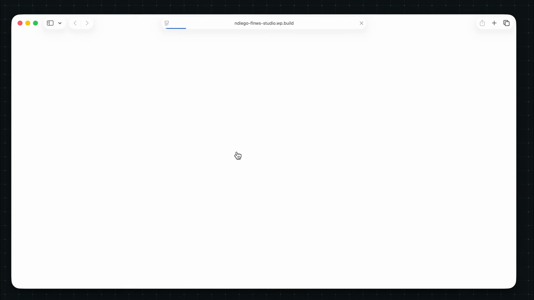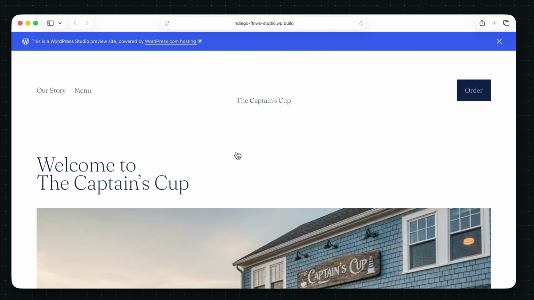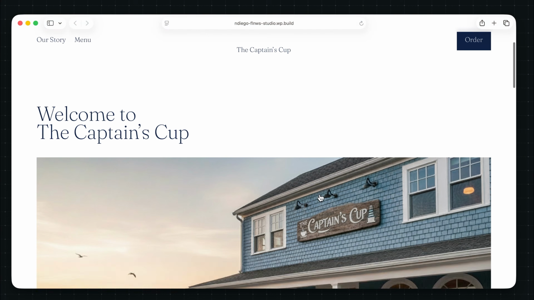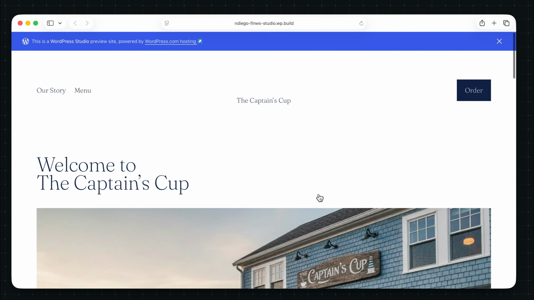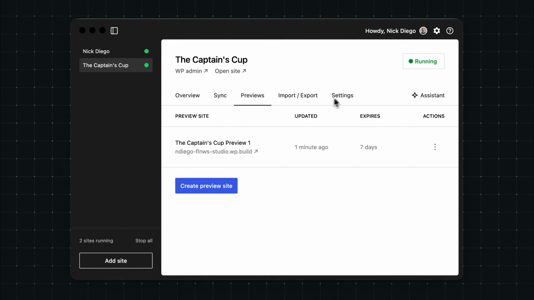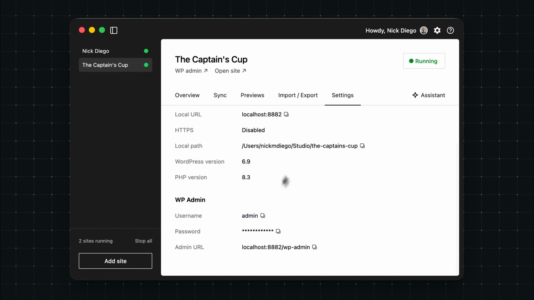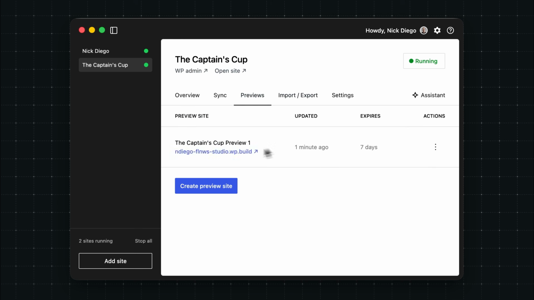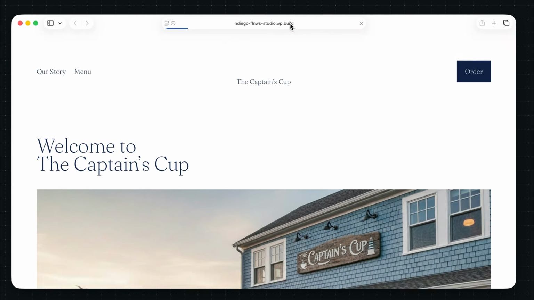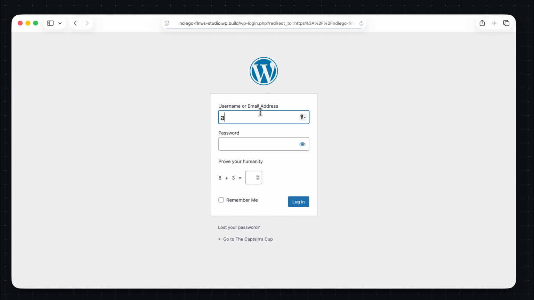Let's click the link. And there's a live preview of the Captain's Cup, and you can see it looks just like it did locally in Studio. This is a fully live site that you can log into using the credentials that are listed in the Settings tab within Studio. So if you come over here to Settings, you'll see Admin and then Password. We can just copy and paste, and then we'll go back to the preview site. Paste in the password,